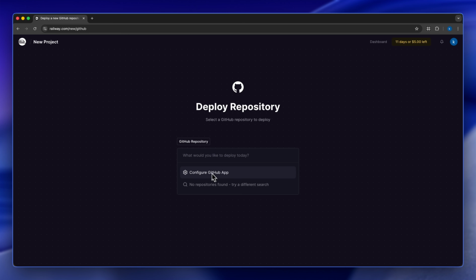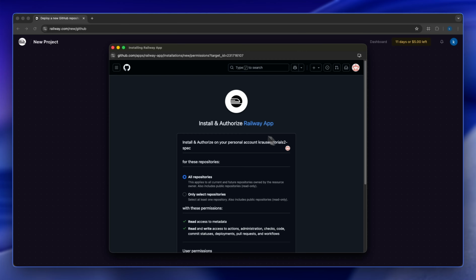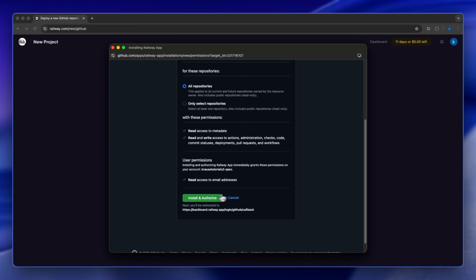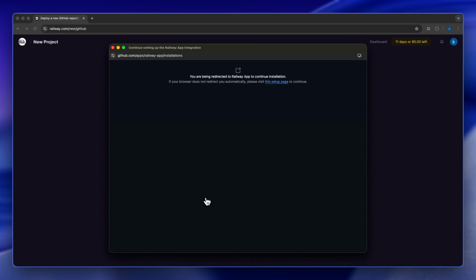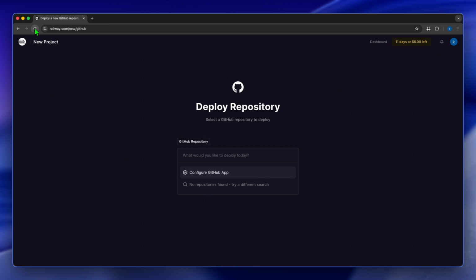Now, you see it says we need to configure our GitHub. We're going to click on Configure GitHub app. And we're gonna install and authorize the Railway app in our GitHub applications, and then we're gonna click on install and authorize. Now as soon as it's done authorizing, this is what is gonna appear, and we're gonna close this and use this instead. So we're gonna refresh,